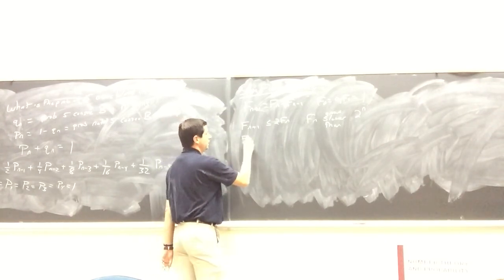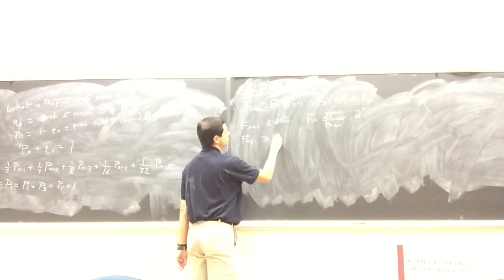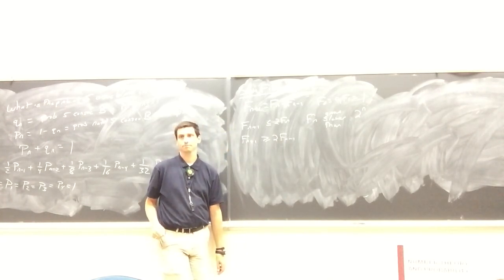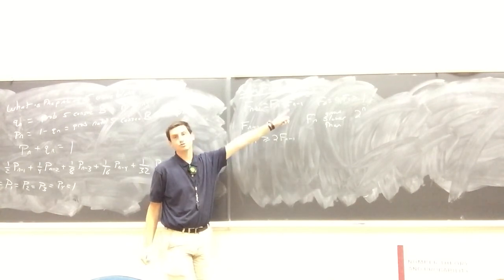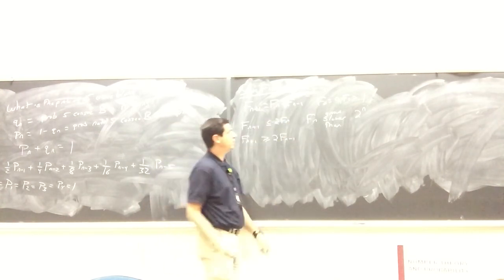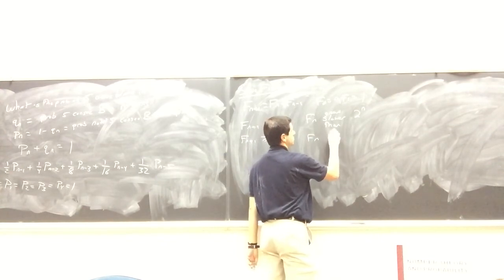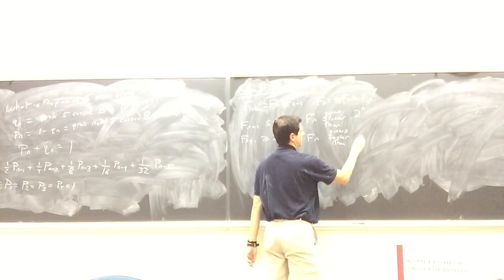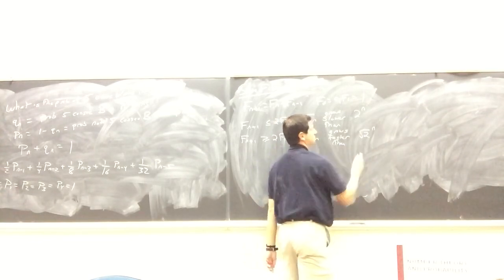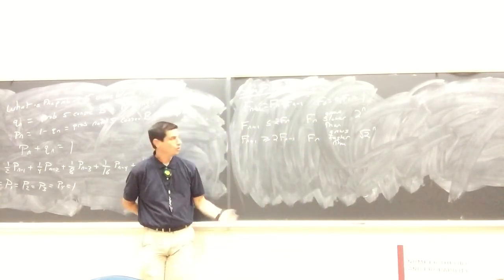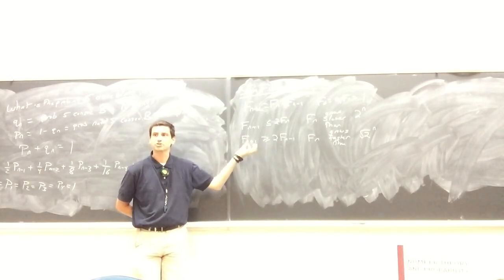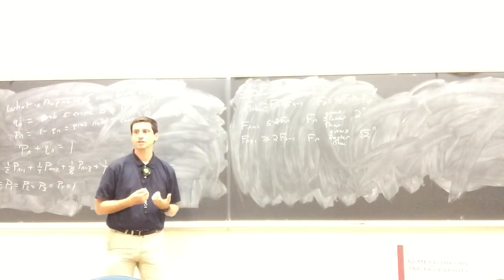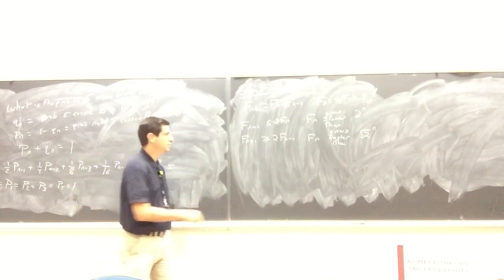But I also know f(n+1) is greater than or equal to 2 f(n-1), because my sequence is growing. And so now I would get f(n) grows faster than basically like square root of 2 to the n. So this quick little analysis suggests that the Fibonacci numbers are growing exponentially fast. But it doesn't tell us what the correct answer is. So let's just call it R. So let's guess